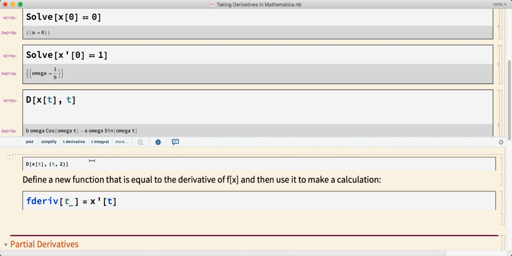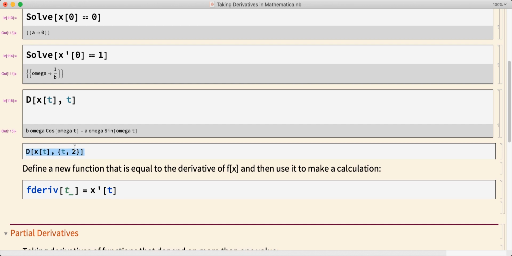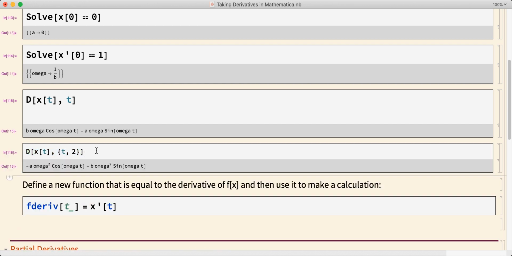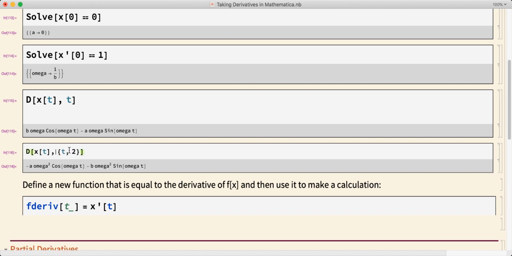Okay, again, just what we had before. That's just the first derivative of my function x. And then when I evaluate the second one, the difference here, when I say t, and I put this in a list here, I want to take the derivative of t and then comma 2. This says, hey, I want to take the second derivative,